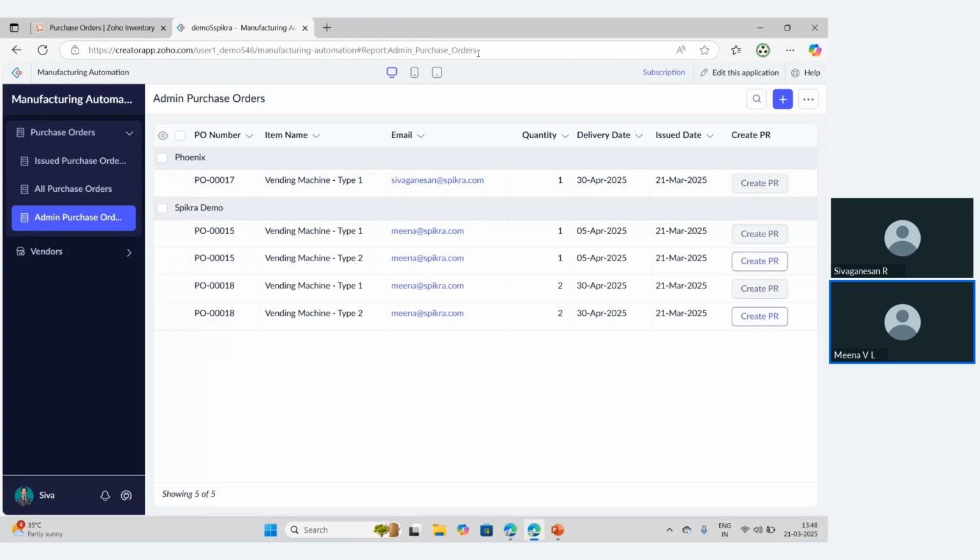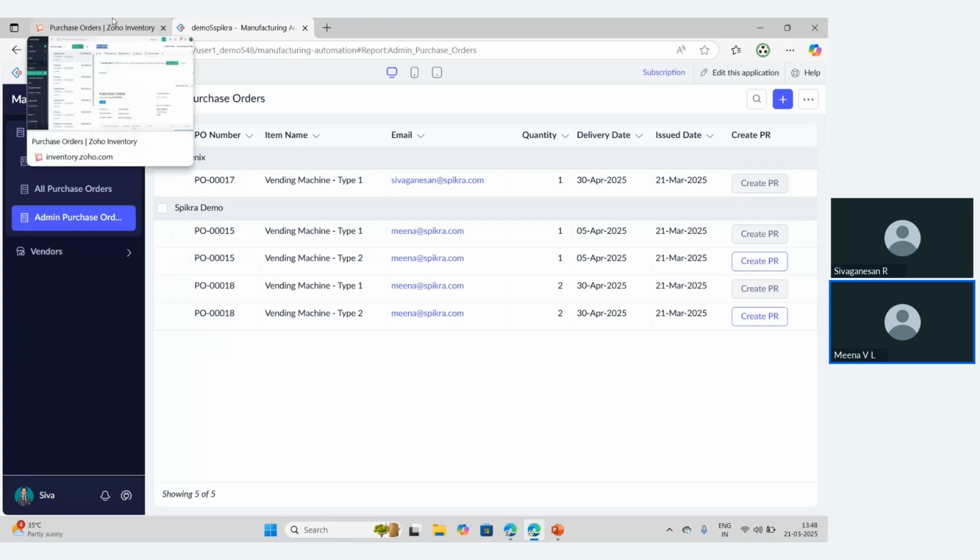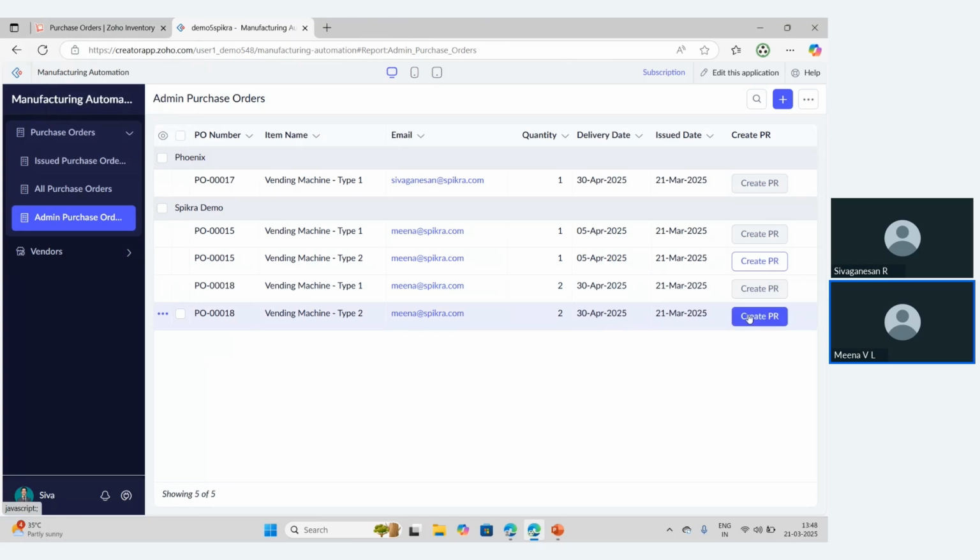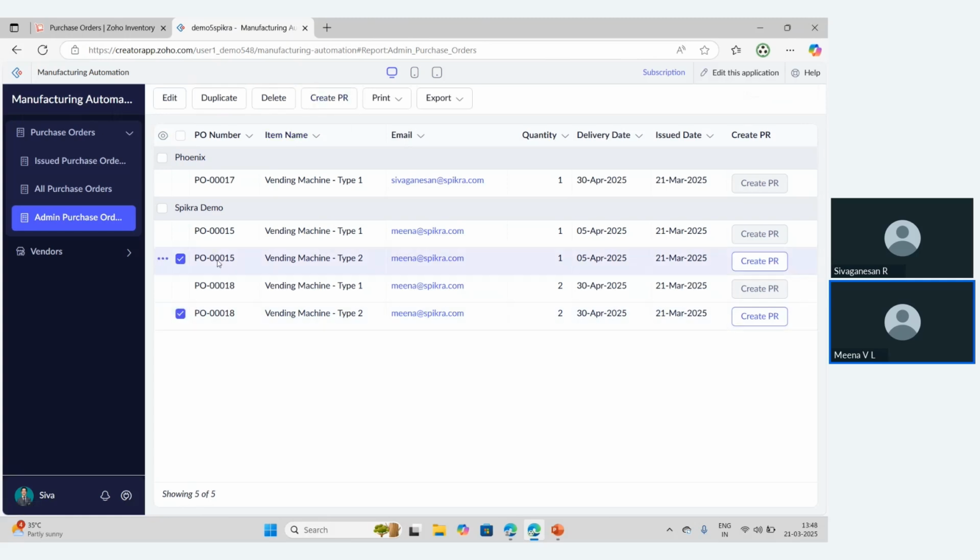I'm not going to do that manually going into the purchase order. I'm not clicking that I have received this good. So I will create a purchase receipt. Just a button click, which will create a purchase receipt for you. And all the stocks would be updated in a minute, right? So there is another option where you need not create a purchase receipt for each of the items. You can just select these two items and we can have a purchase receipt created for these two items altogether, right? That's why we have the purchase orders grouped via supplier names, right? So these two are from Spicra demo. So I can just group these and I can create a PR, right?